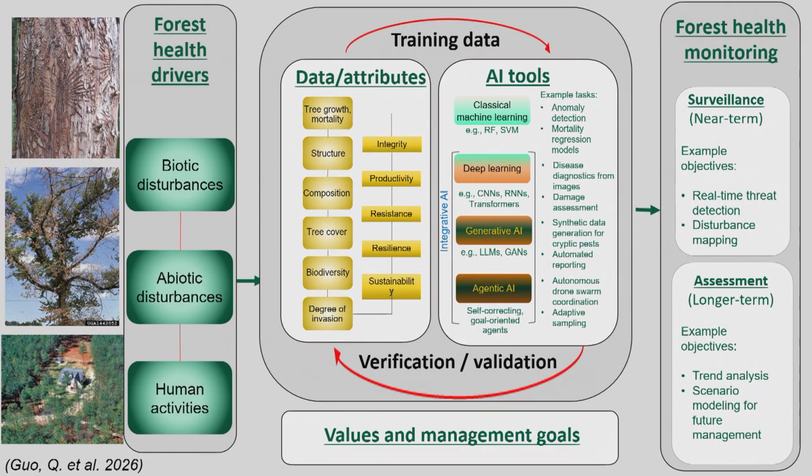Overview, as you all are probably familiar with: we look at biotic and abiotic disturbance, also human impact, to have a comprehensive evaluation of the threat of what we have been monitoring. So those AI tools, different technologies. Today I have learned a lot about those technologies, how they are used. But the goal is forest health monitoring, short-term and long-term. Those tools will be very useful.